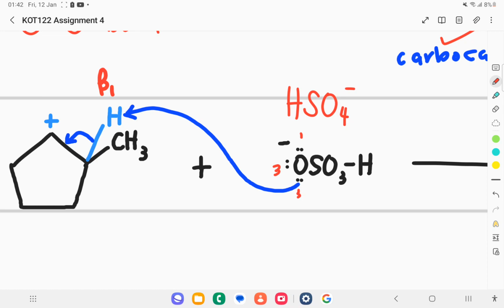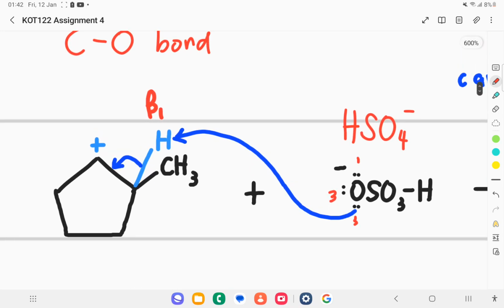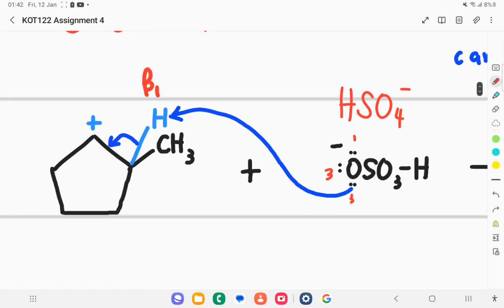Then one of the lone pairs will be used to form the bond with the hydrogen atom, which is a beta hydrogen, from the carbocation formed previously in step 2. So in this case, I'll show the beta hydrogen one, which is this hydrogen drawn in light blue color. So the lone pair takes the hydrogen atom, and then the bond between hydrogen and carbon,